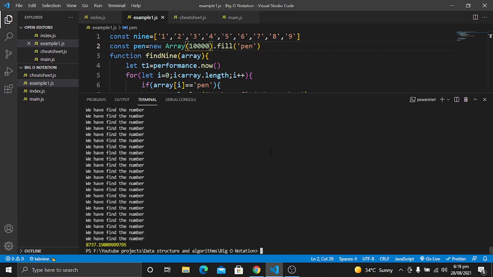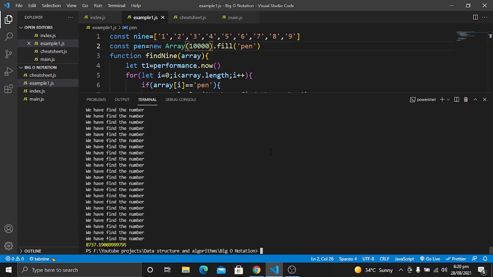We have to write scalable code. For this we have to understand the big O notations. By this example I hope you have understood how important it is to understand the big O notation to make our code scalable and to make our code efficient, and to write code which does not take a lot of time when our input grows. So this is the basic idea of this example that you will understand.